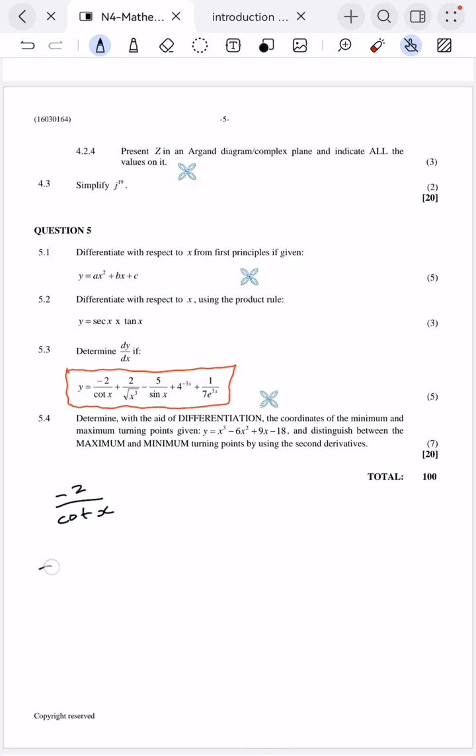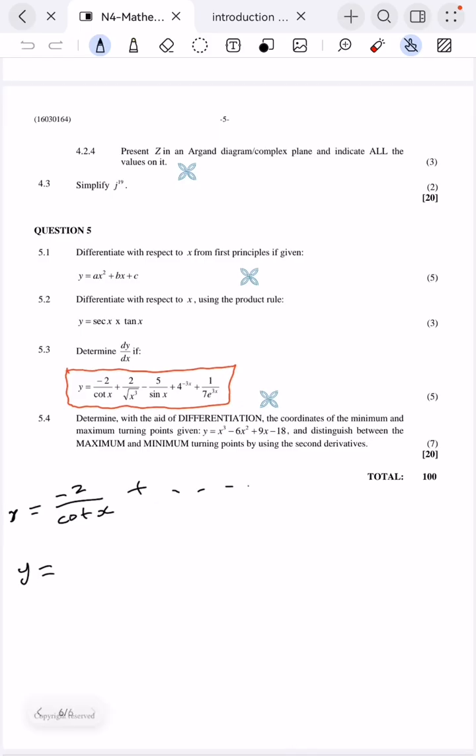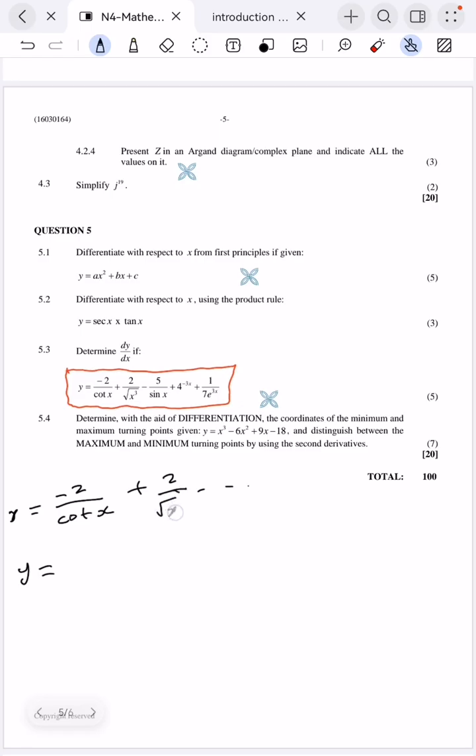So when I simplify this, I haven't differentiated, so I still have y this side. Make sure you put that y until you differentiate. Forget about the rest. I will simplify the rest, but forget about it now. Or we can just do this as an example. So this is 2 over the square root of x cubed, minus 5 over sine. You see, we cannot differentiate sine if it's at the bottom. We cannot differentiate x if it's at the bottom. Then plus 4 minus 3x plus 1 over